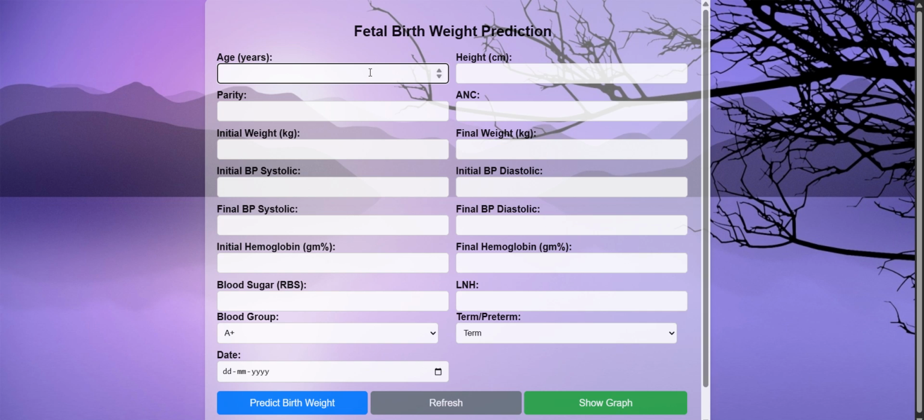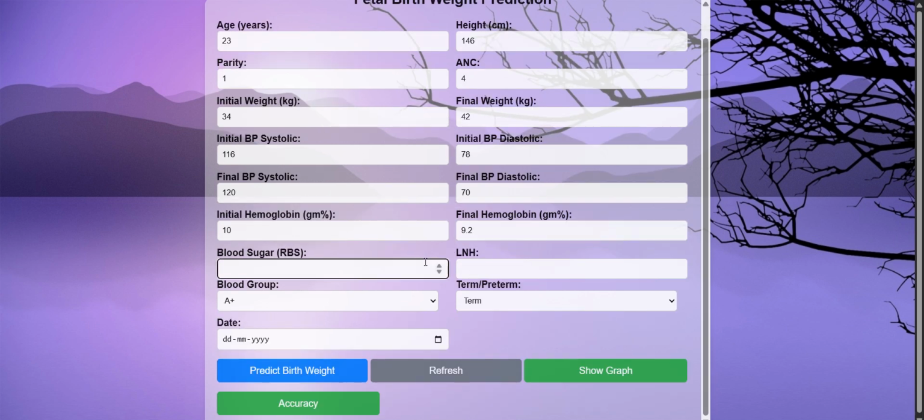For instance, let us take an example where the patient age is 23, height is 146 centimeters, parity is 1, ANC is 4, initial weight is 34, final weight is 42, systolic initial BP is 116, initial BP diastolic is 78, final systolic is 120, final diastolic is 70, initial hemoglobin level is 10, final hemoglobin level being 13.2, blood sugar level as 90,